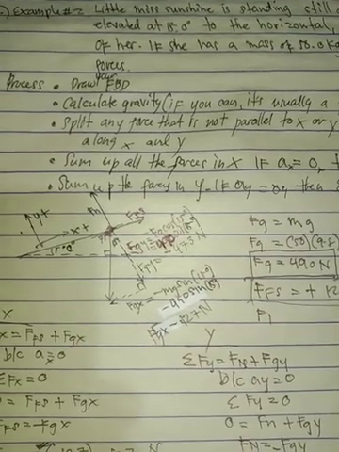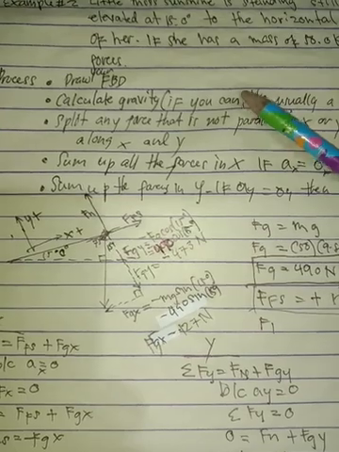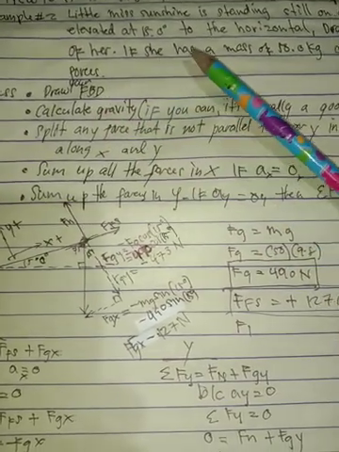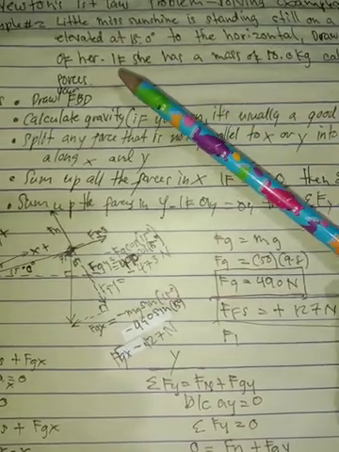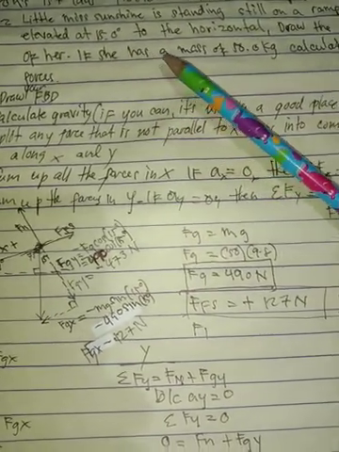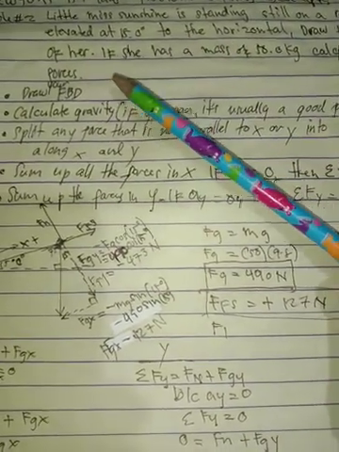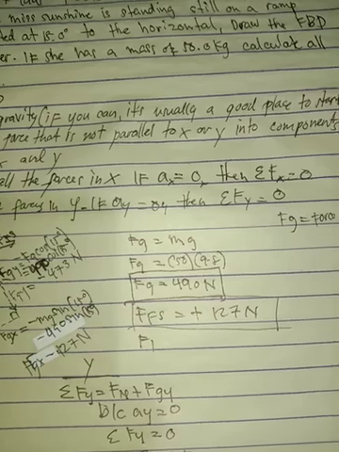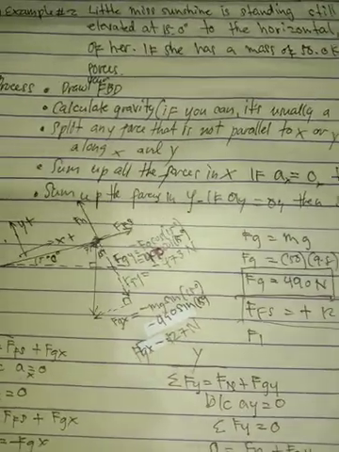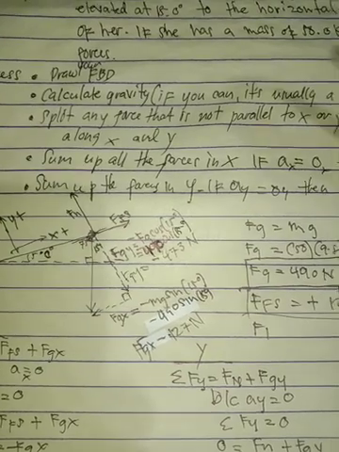This is the second problem sample of my module 2 in Newton's law of motion. The problem here is: Miss Sunshine is standing still on a ramp elevated at 15 degrees to the horizontal. Draw the FBD of her. If she has a mass of 50 kg, calculate all forces. So first, draw the FBD,